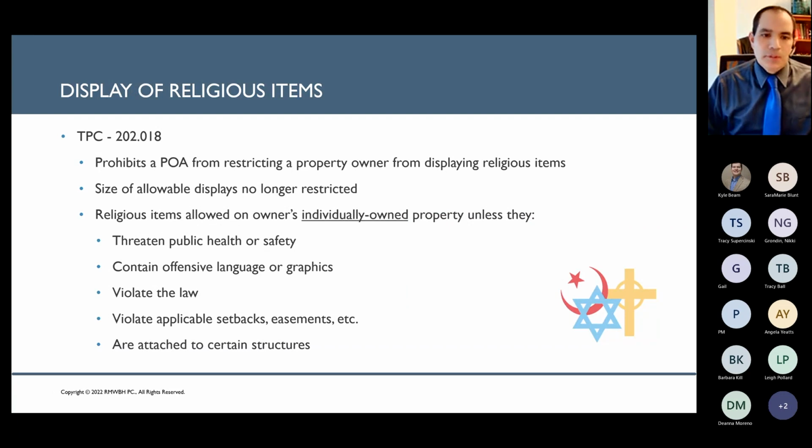All right, 202.018, display of religious items. It prohibits an association from restricting a property owner from displaying religious items. The size of allowable displays is no longer restricted. So this amends the prior law, which had some size limitations that the association can enforce. So now,